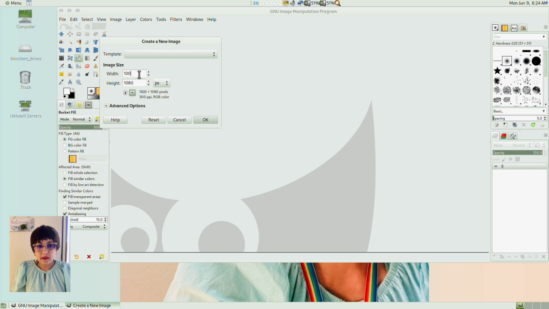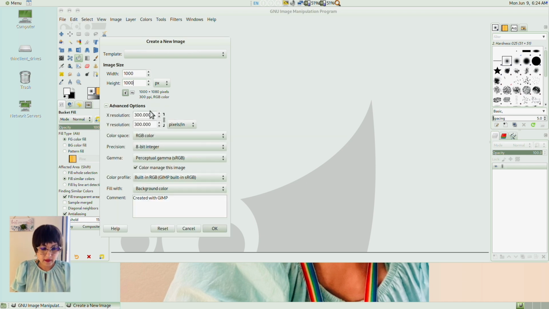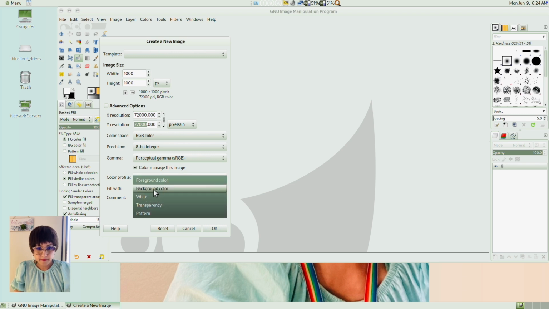I think 1,000 pixels by 1,000 pixels is sufficient. Resolution 72 pixels per inch. Fill with white background.